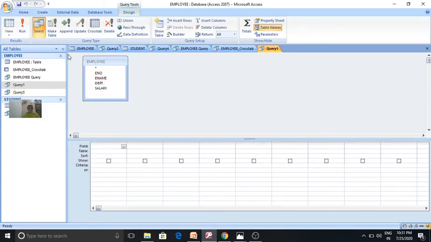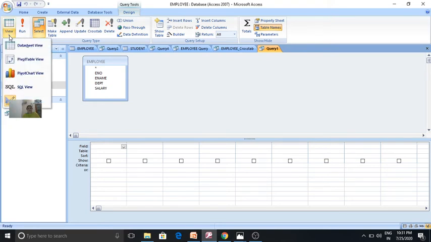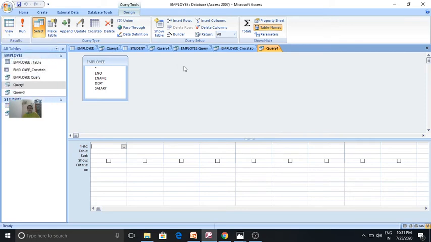When you go to the design view, you can see the different types of queries here. So students, these are the ways. The design tab is opened with the results, that is view. There are types of views in Access: datasheet view, pivot table view, pivot chart view, SQL view, and design view. And you can run the query. These are the different types of queries. Query setup is showing show table, insert rows, insert columns, delete columns. You can do it.